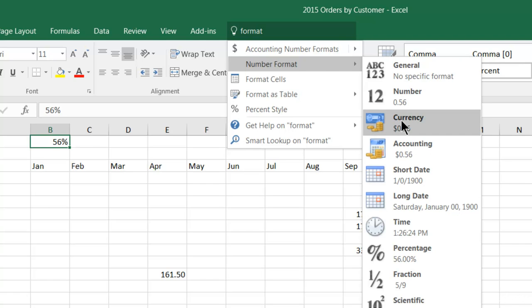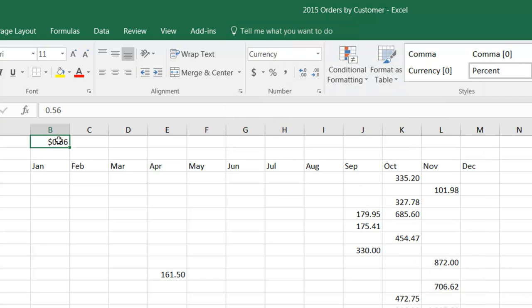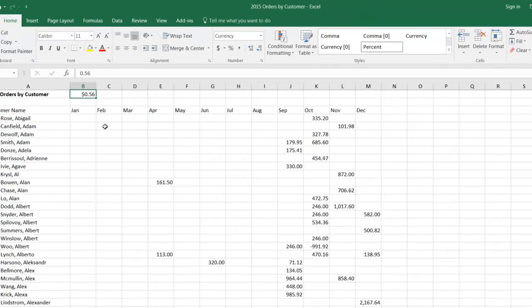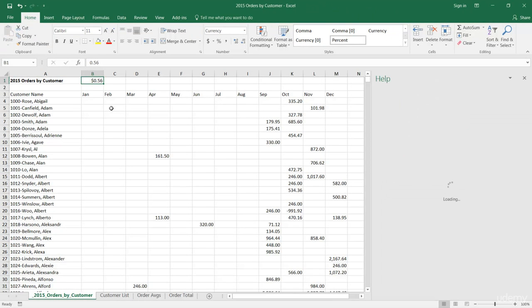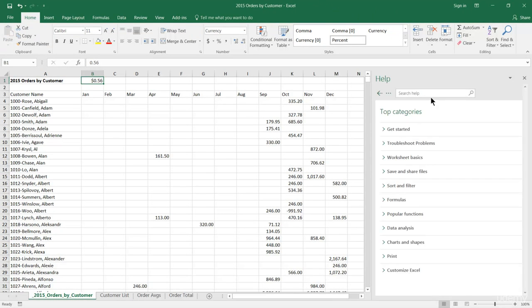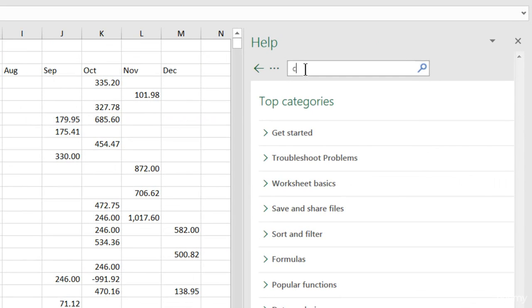So I'll select currency, and I've just changed my format from percentage to currency. So again, the Tell Me box is not a help system. Help is still at the F1 function key like it's been for a long, long time. If I press F1, here's the help system, and if I type currency in here